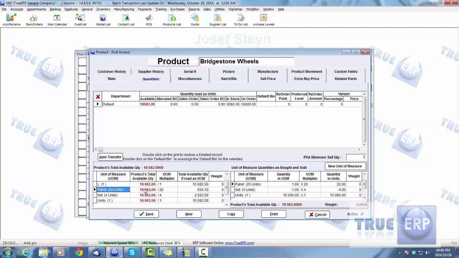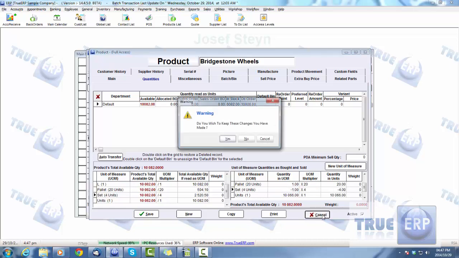So I know if I sell pallets, this is my units in stock. If I sell it as a pallet, I'll be able to do that 504.1 times. The reason for the 0.1 is that it may not divide evenly, and so on for the rest of the units, as well as what's been bought and sold. Same on this side, you can see what's been bought in and what has been sold as. So this amount was bought, and I've bought 1 pallet, but I've only sold 1 set, quantities of 1. If I jump back out of this,